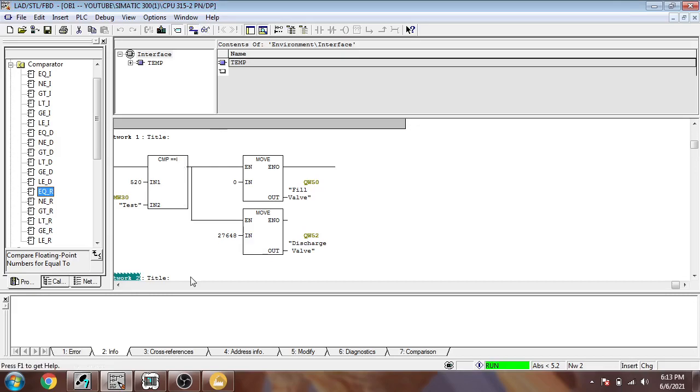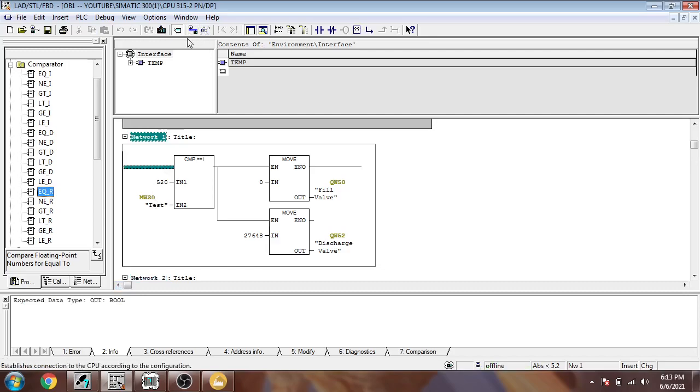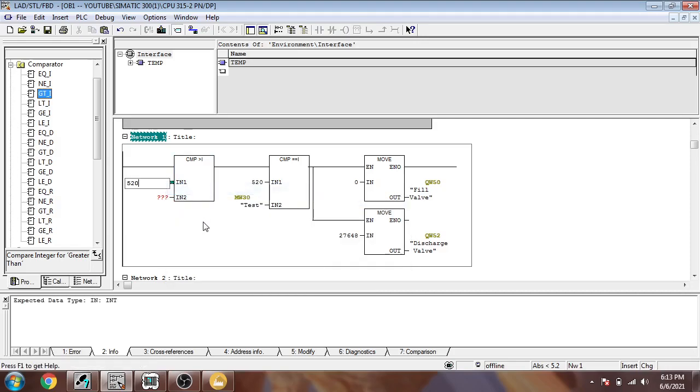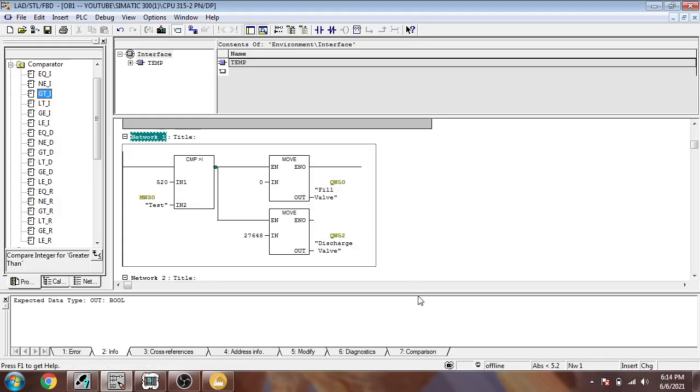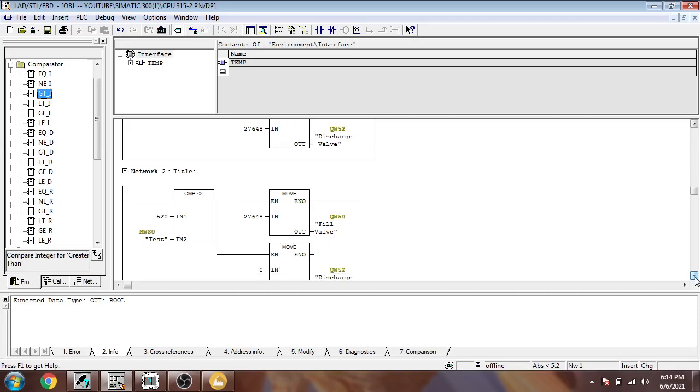I am going to make it outline, and I am just showing you that one, but in the last I am going to use the greater than also. I am just copying 520 there, paste it there, copy test it there, paste it there, delete that. Greater than equal to, it is our greater than, not greater than equal to.